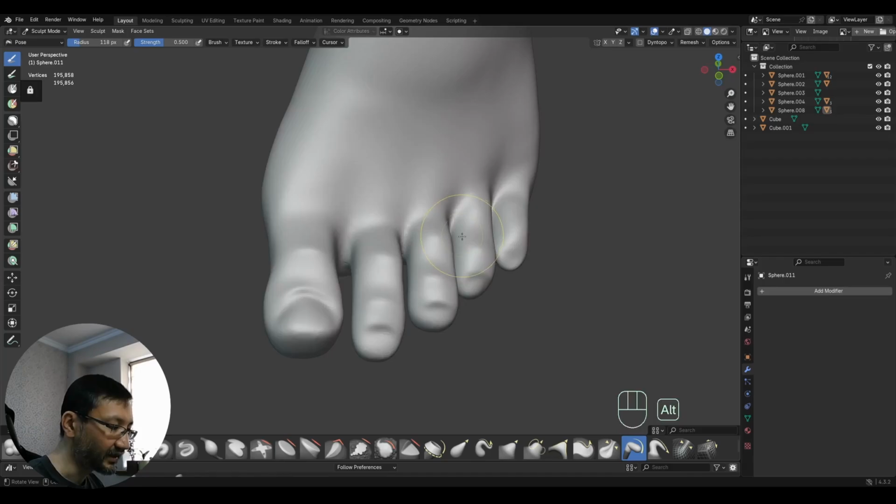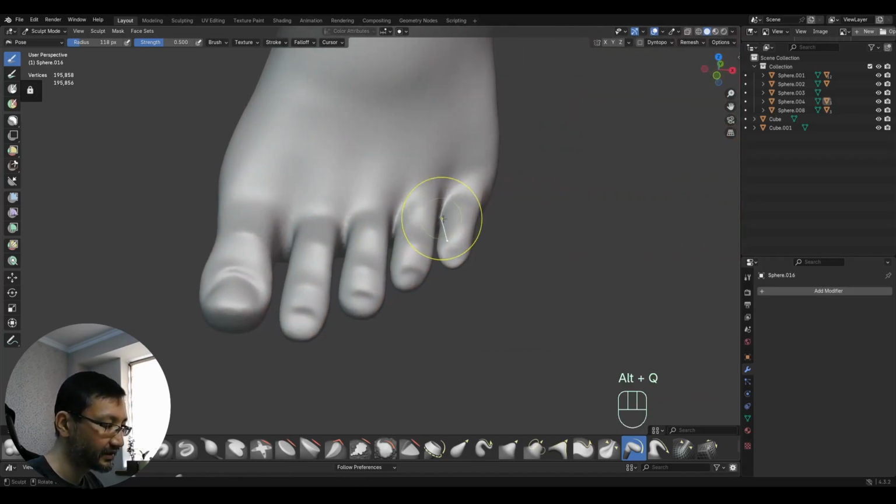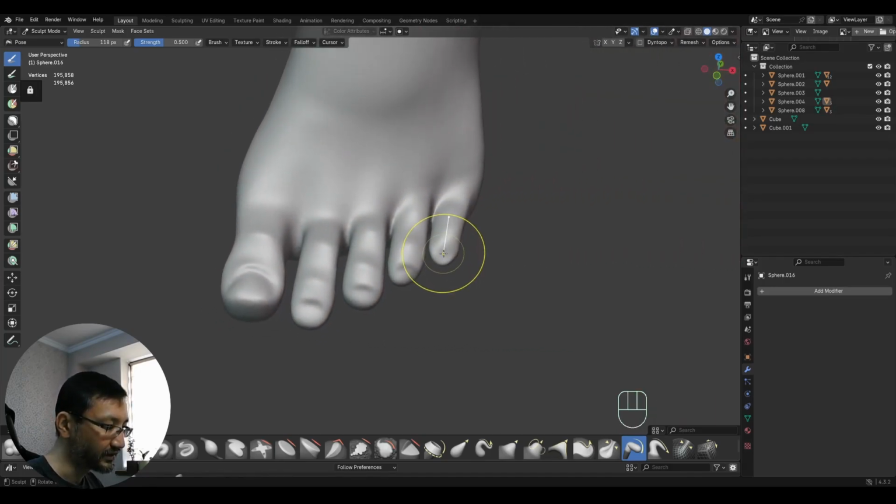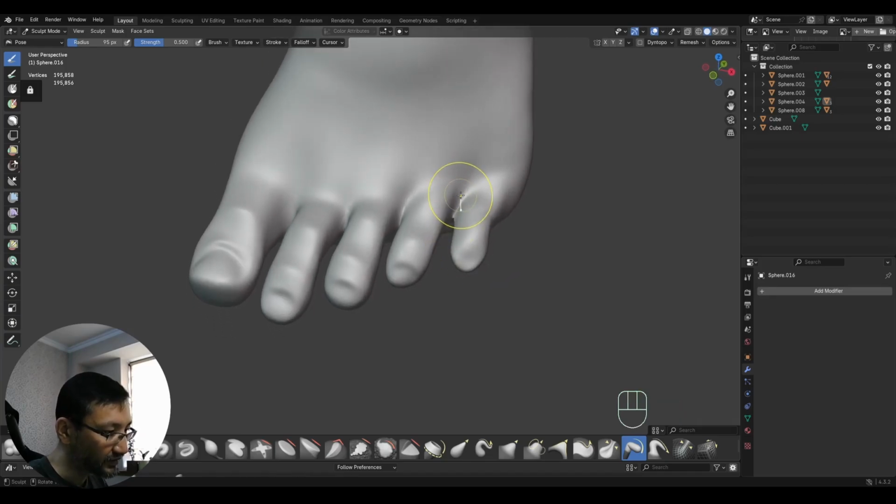And the second one, oh yeah, it's working. And we can regulate it with the brush size. I would still want to have some space between these two, so